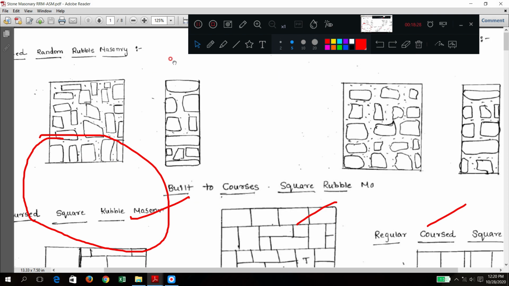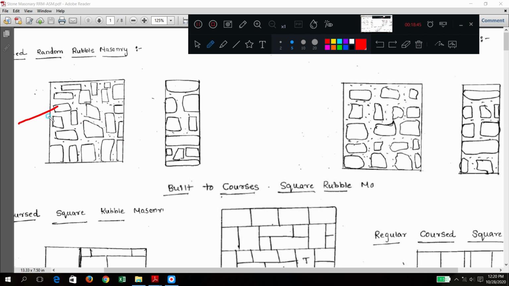Similarly in this random rubble, here uncoursed, here built to course. Here regularly coursed is not there. Uncoursed is there, there are no layers.